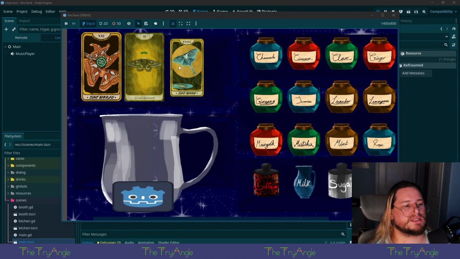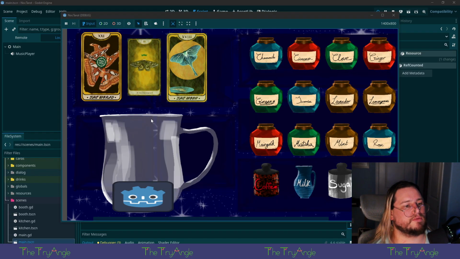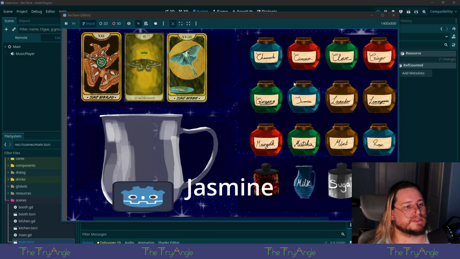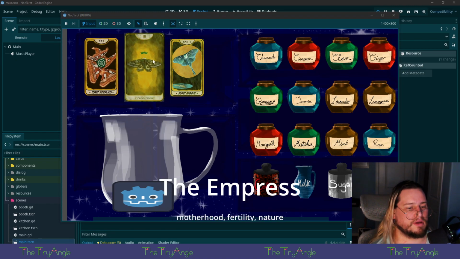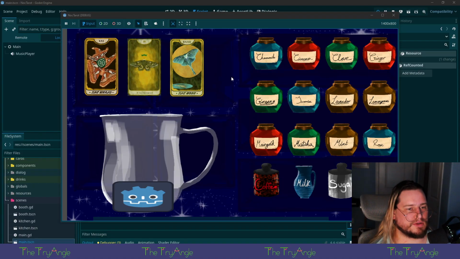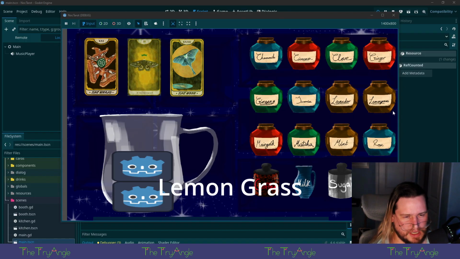Also, these staying popped up after I scroll over them, like they will move away sometimes. It's like they're not exactly quick on the draw, are they? Also, we don't have these upside down, so there's all kinds of little... We didn't put that in. We didn't have time for that. Lemongrass.